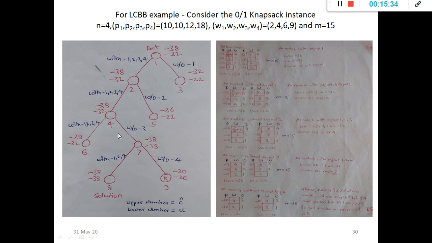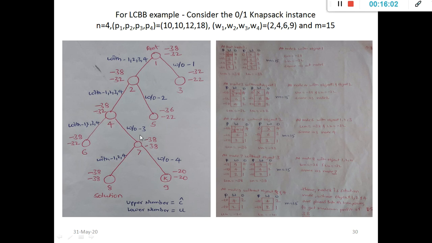After applying the minimization technique, you realize that the next node we are expanding is node 4, and we are simply discarding node 5. Now at this level we have to consider object 3. Once you expand node 4, once with object 3 and once without object 3, as shown in this diagram. When you consider object 3 again, you will get the same values, minus 38 and minus 32, as at node 6.